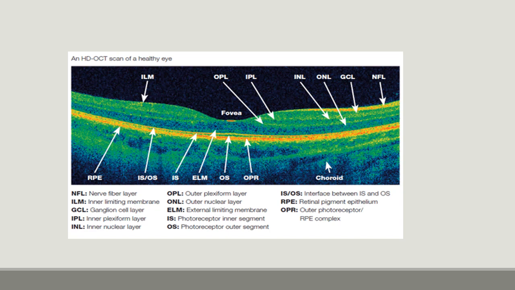Here I would like to give a tip for the beginners. If you want to read an OCT scan like a pro, you should have a labeled OCT diagram of a normal eye in your mobile phone, and you should look at that image 8 to 10 times daily, and in a few days you will be able to pick up the minor abnormalities in the OCT scans. You should have a labeled diagram so that you can recognize each and every layer of the retina. When you are able to recognize the normal layers in the retina, then you can pick any abnormality there.